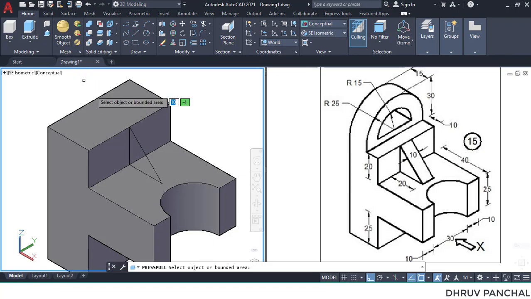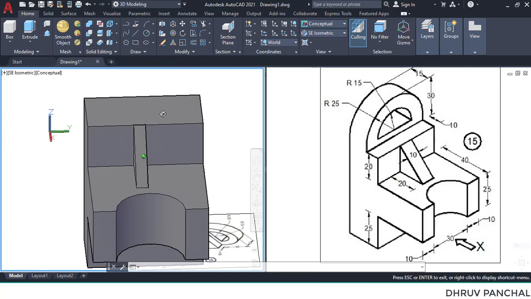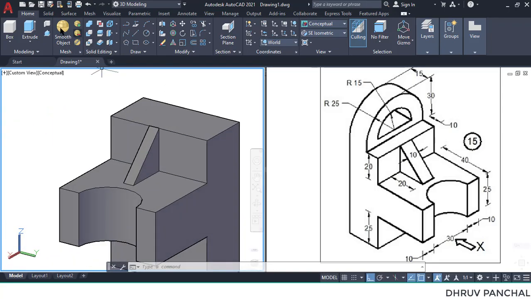Use press pull command. As we can see, total width is 10 millimeters and we have drawn this drawing at the midpoint. So we can press pull 5 millimeters on the both side of the drawing. Okay, select the 3D orbit, rotate it, and again use the press pull command.